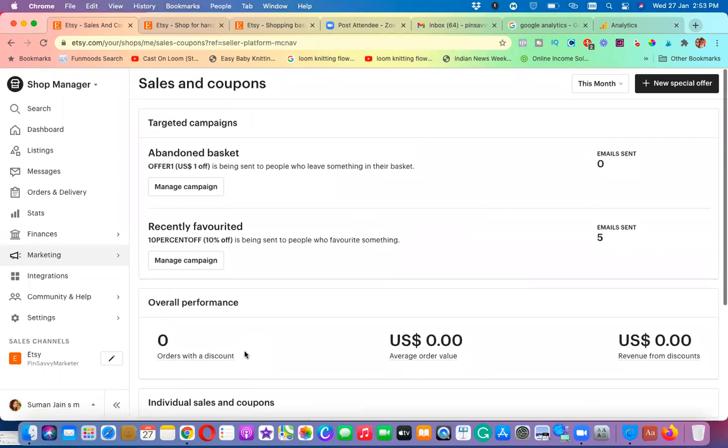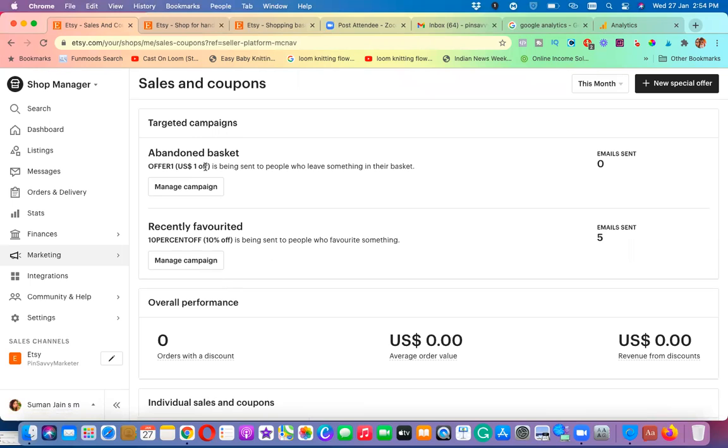Okay, so these are the two important aspects which I want to show you. One is, if someone has favored your shop but has not bought any product, then for them you can give an extra discount, so that in future when they come to know that, okay, I'm getting some 10% off, let me buy something, they would come in and buy. So it is just persuading them toward a certain purchase behavior. It is not compulsory that they will buy, but if they're getting some discount, sometimes they go and buy. This is one way of doing it.